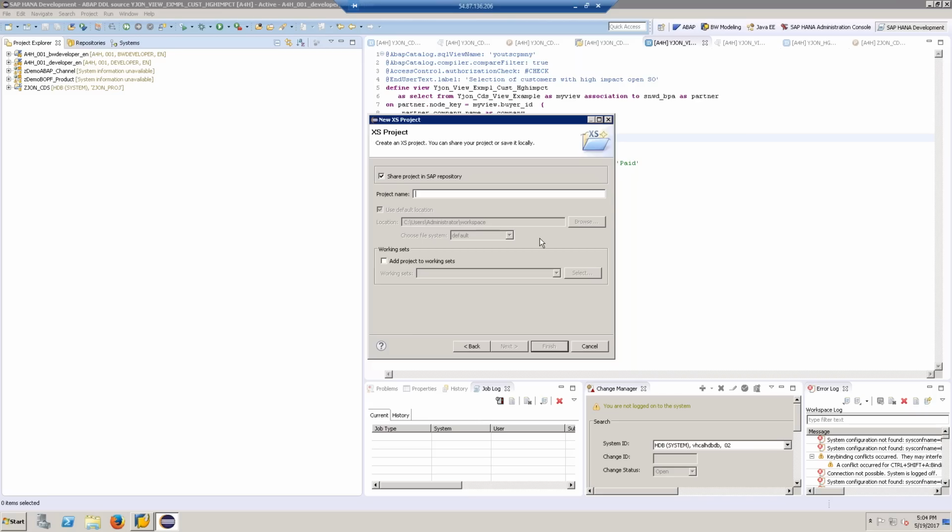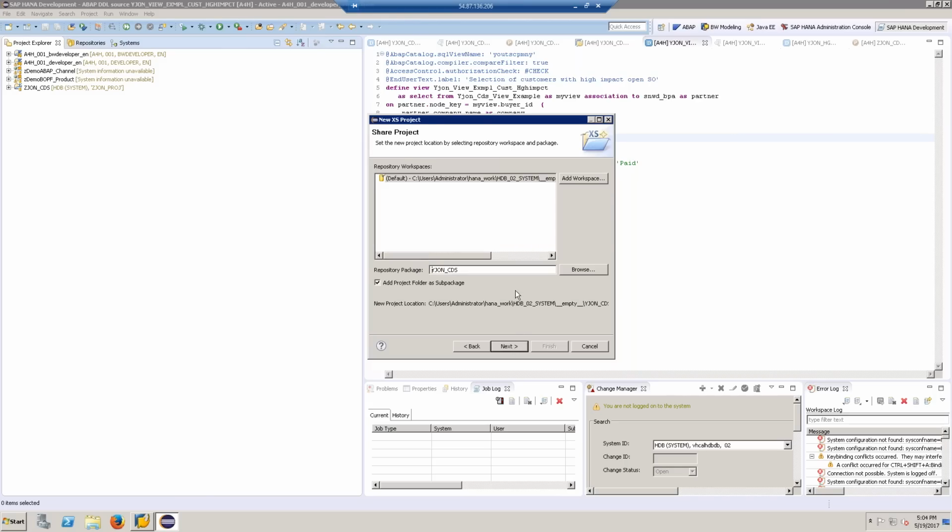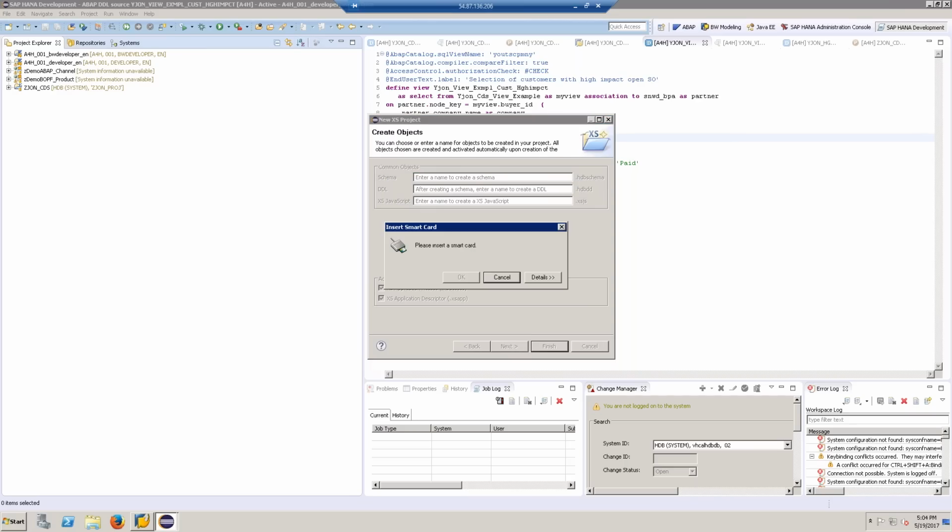You can name your project here, but for this to work with the copy and paste with the code I provided, you would have to type zjohn CDS. But since I already created that one, I'm just going to leave that project open. But this is what you would do. You hit Next. There should be only one listing here. It should say Default. You can select that workspace, hit Next,